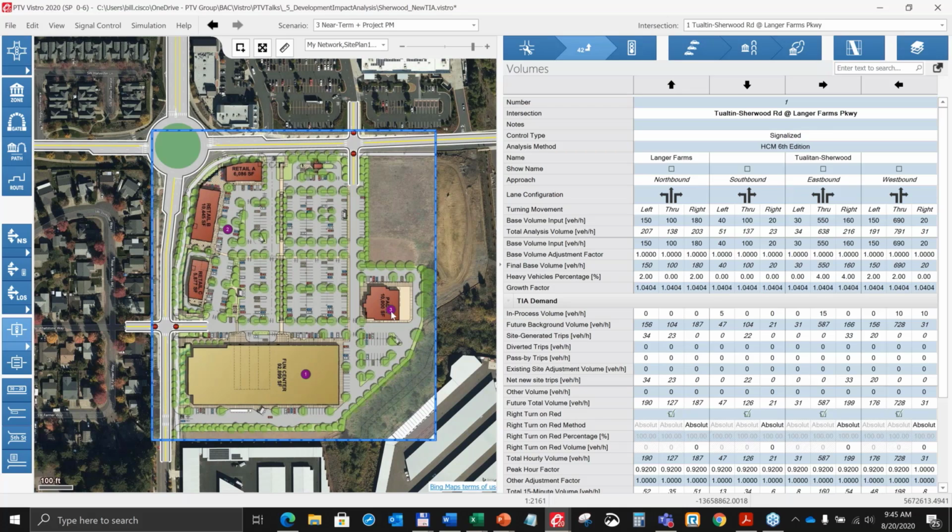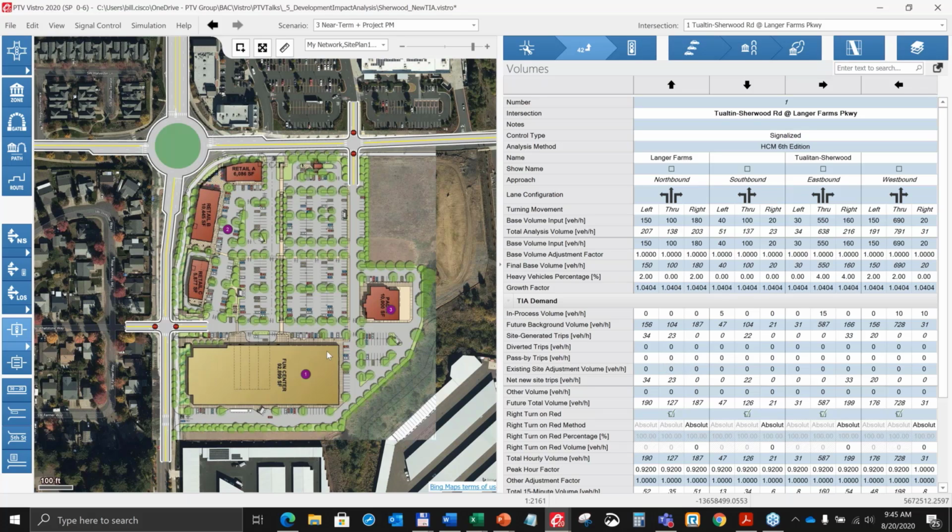But basically, certain land use types like fast food, there'll be a number of trips that are already on the roadway that will now come in and utilize that. So they're not going to be new trips to the whole network. So we modify that in Vistro at the driveway level. And so basically, for instance, if I had 20 trips that were heading north at this project driveway that are now going to come into the driveway, utilize the fast food, and then come back out of the driveway, then I handle that